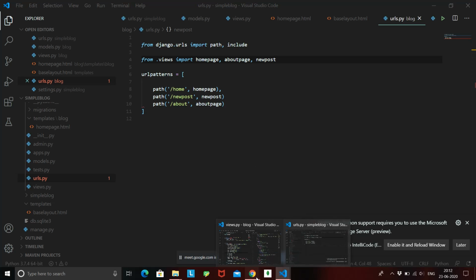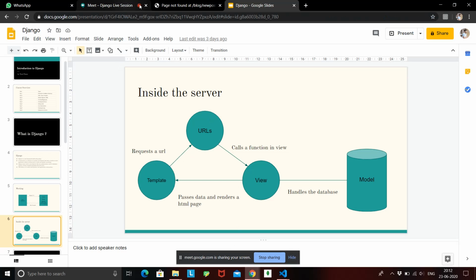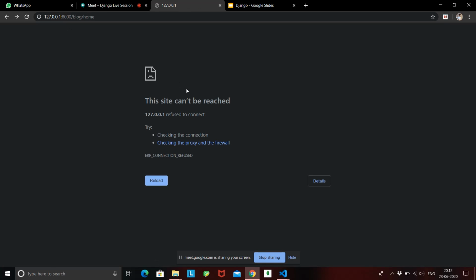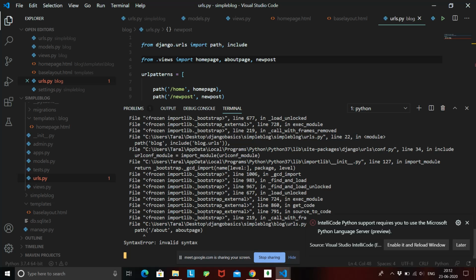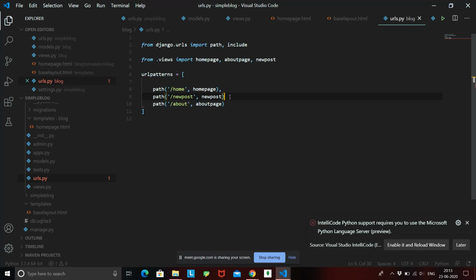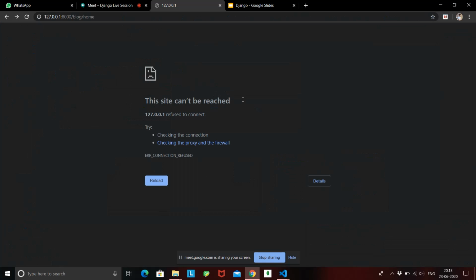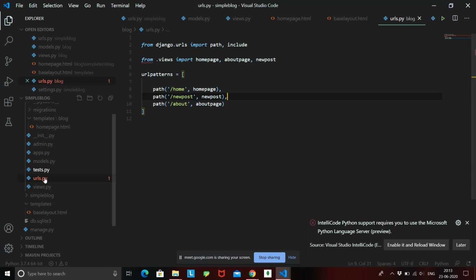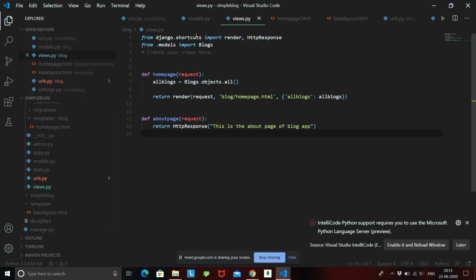So now if I go back to my front page here and back to home, okay, this is not running. We forgot to give a comma over here, because if you forget a comma it's going to give an error. Okay, so now again not running, cannot import new post. We need to write this function first, new post. So here I am in my views.py file. Let's create this function, define new post, and this will again take a request.